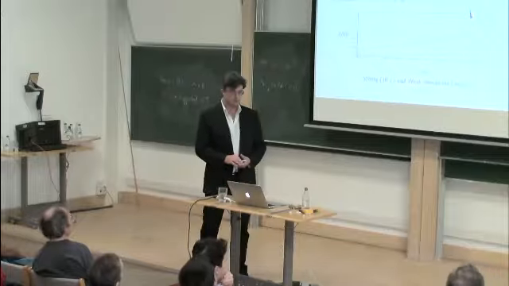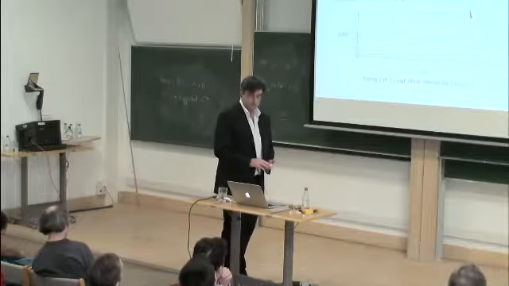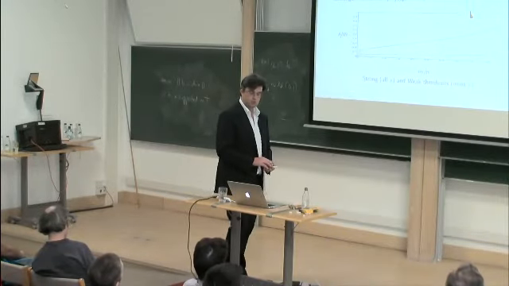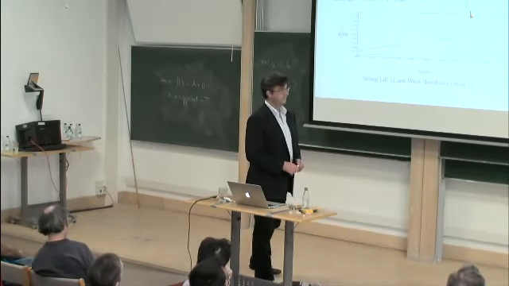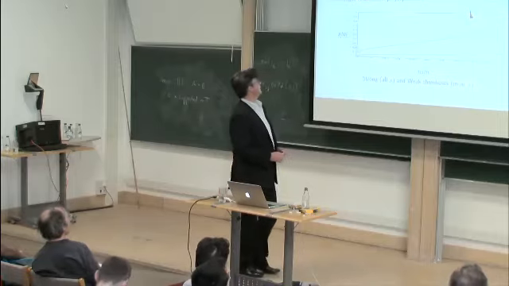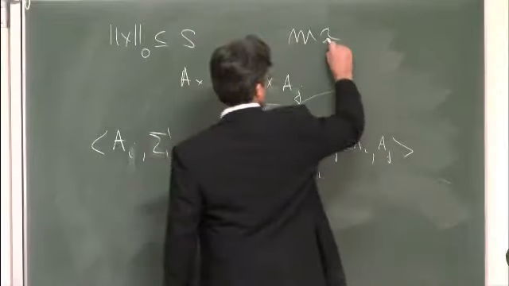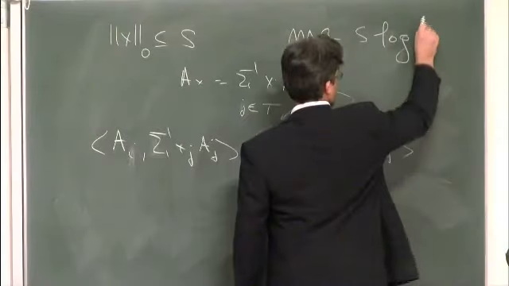And Donoho and Tanner have studied the recovery problem in a regime where the dimension of the signal and the number of measurements go to infinity in a fixed ratio. That is, for us, m over n goes to delta. And they also care about sparsity, which is, since m is essentially linear in n, because it's log n over s, right? So what we've seen is that the number of measurements you need, m, is on the order of s log n over s.